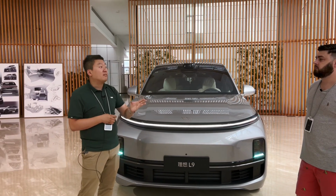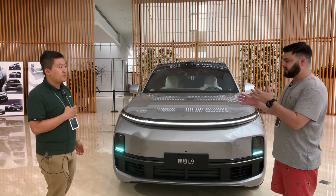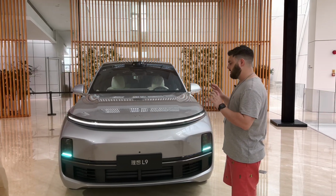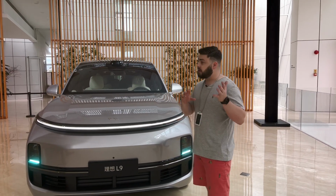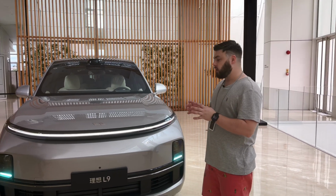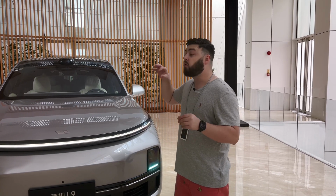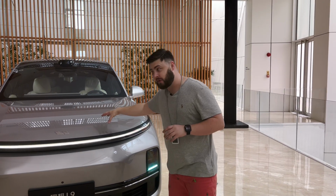Well, you don't have range anxiety. Right. You can always put in fuel. So this is the same kind of function as in the Li 1, and when I drove the Li 1, we can't drive this yet, but when I drove the Li 1, even when it is being powered by that engine, or rather I should say when the electricity is being made by the engine,